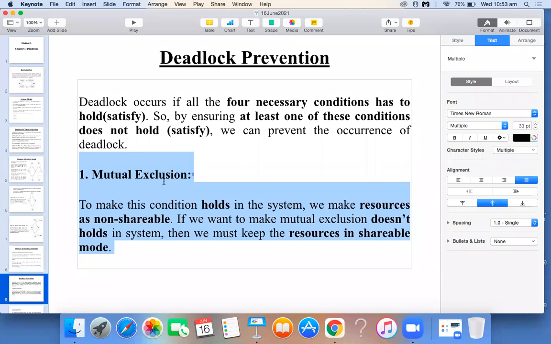So if you keep your resource in shareable mode, you are allowing many processes to use your resource at the same time. Then mutual exclusion will not be satisfied. If mutual exclusion is not satisfied, deadlock will never occur in your system. So that's how you are preventing the deadlock. Okay, that is one. Second thing,